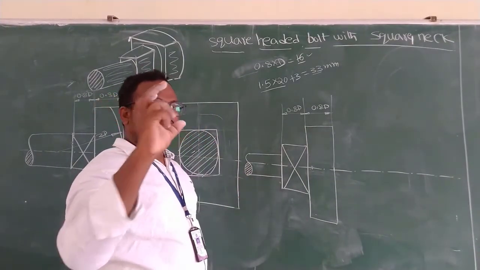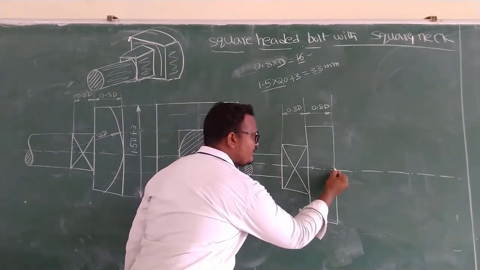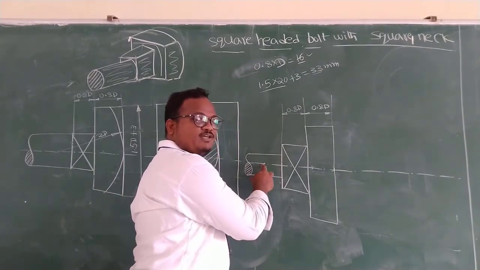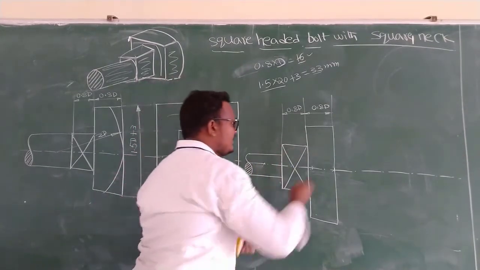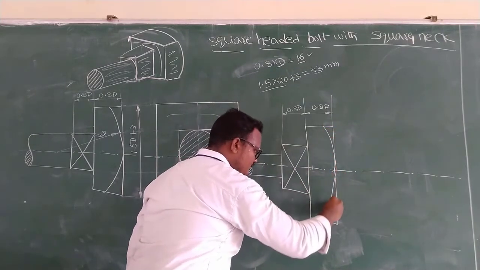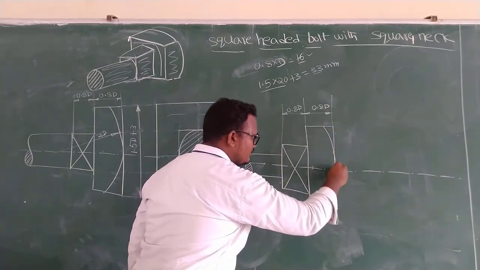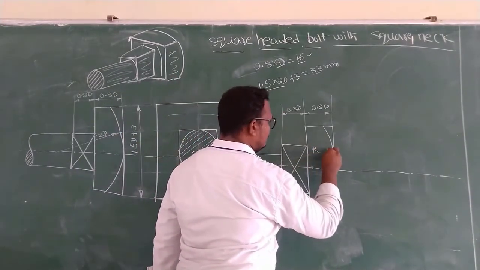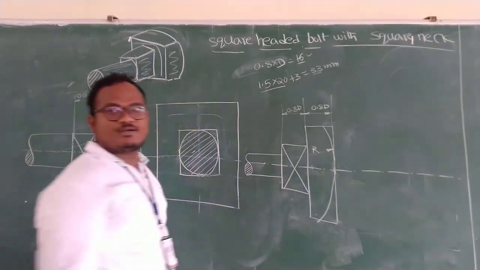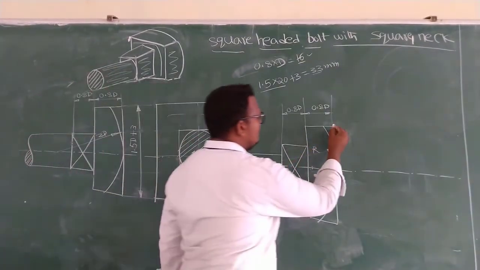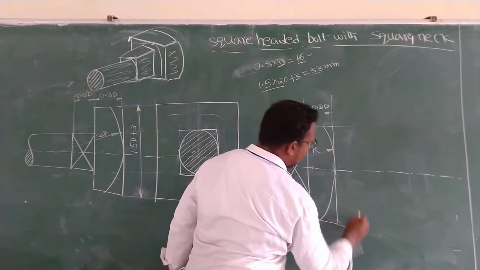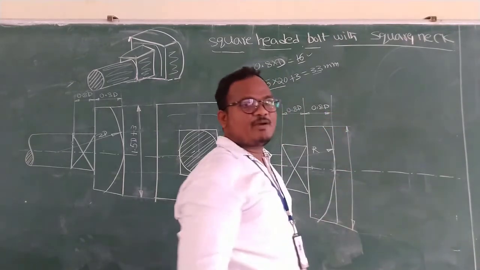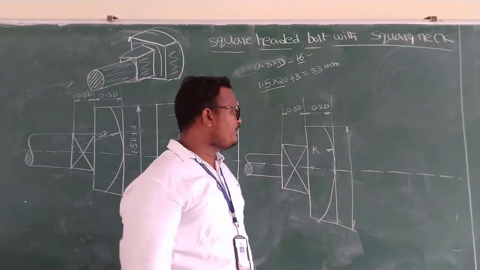With 40 mm, take a compass from here to mark 40 mm. Okay. Now this point as a center, 40 mm distance as a radius, draw the chamfer arc. Okay. This is R. That is nothing but 2d. Okay. Next. What is the height of the head here? That is W only. That is nothing but 1.5 d plus 3 mm.